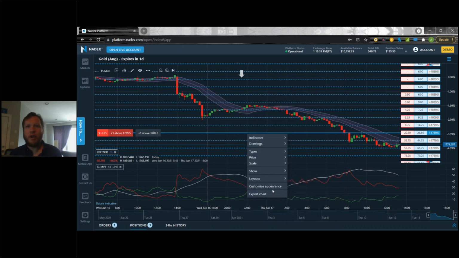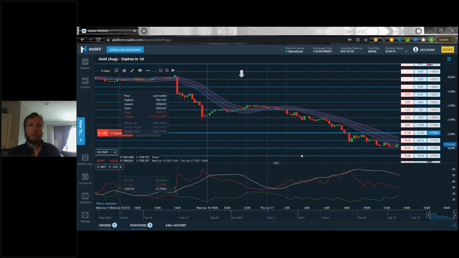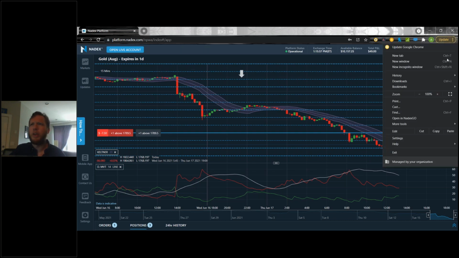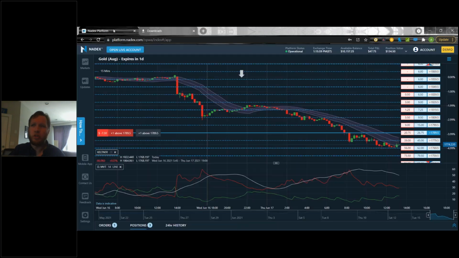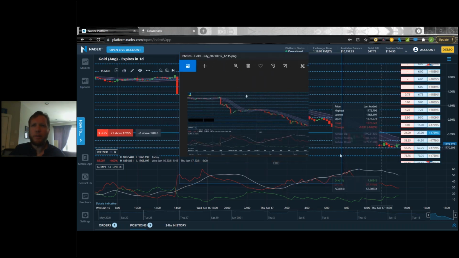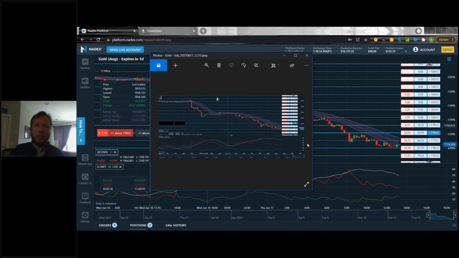And then at the very bottom here, I can export the chart. This is just going to bring up an actual image. My downloads have been messing up, but it'll bring up a little download thing at the bottom left here. I think my Chrome needs to be reinstalled. I'm sorry about that, but usually it brings up a little picture at the bottom left. I think I can actually do it through here. Downloads. Yeah, so usually this will just come right up, but it'll bring up an image like this. It'll bring up an image that you can actually use, and it has all your setups on it.